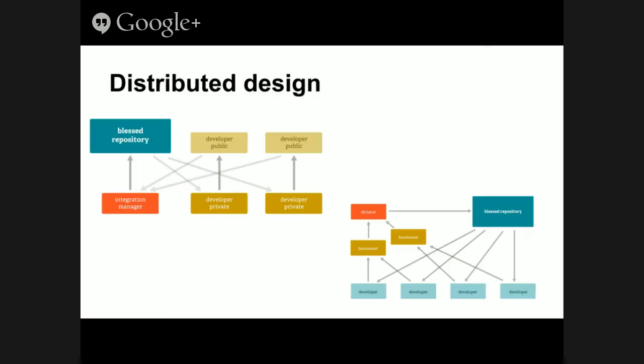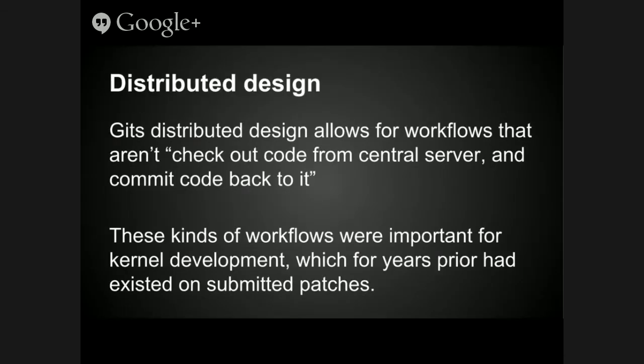So distributed design for source control looks something more like that. These are from the official Git manual pages on the web. The cool thing about decentralized version control is anything goes. There's no real sense of a master repository. There's just the copy of the code you have. And you can do anything to it, and you can swap those changes with anybody else that has a copy of the repository. And that's really powerful because it means you can bend and build your own workflows. And that's exactly what this slide says. Those kinds of workflows were important for kernel development especially.